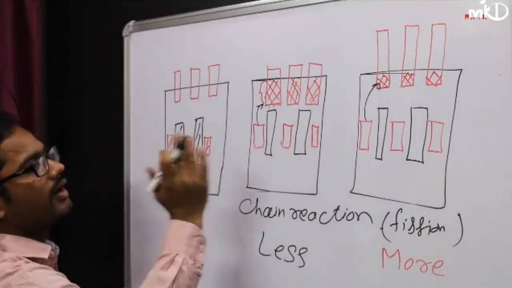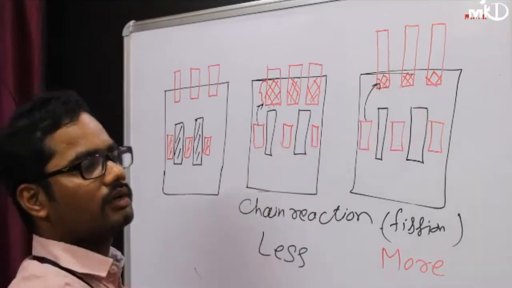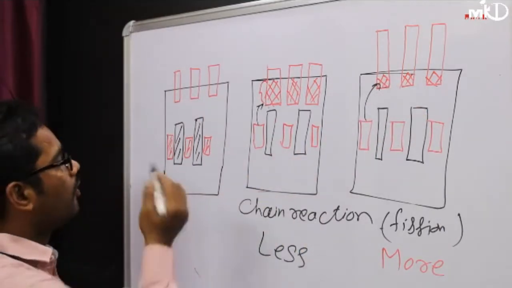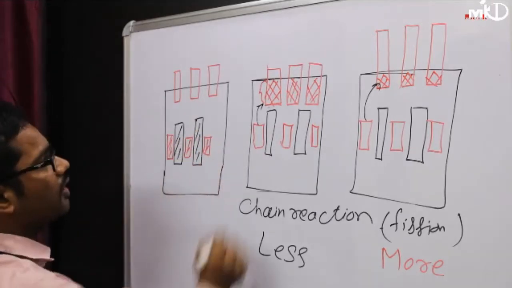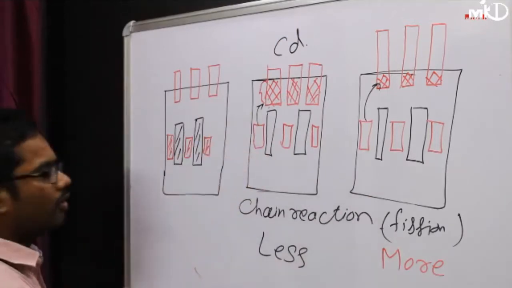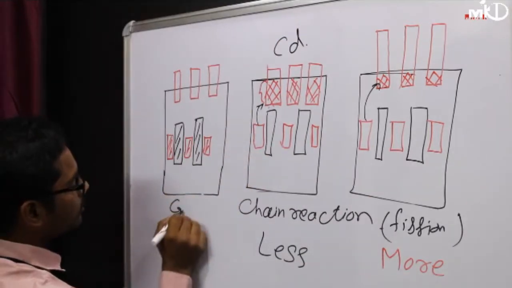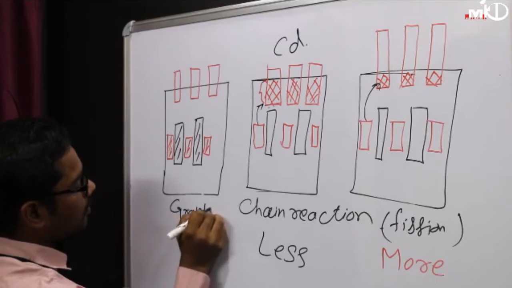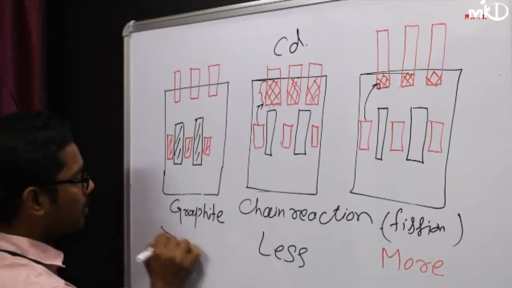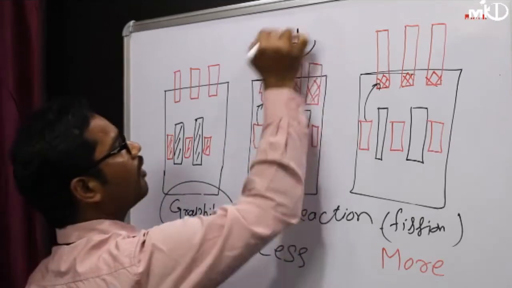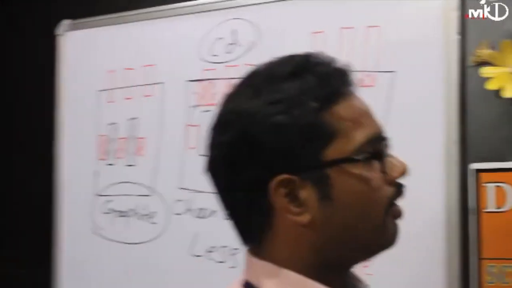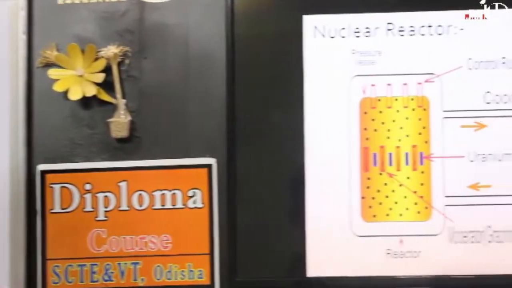So in this way you can control your nuclear reaction process, or your fission reaction. With graphite also present, this is your moderator, this is your cadmium for your control rod, and this is your graphite. So two controlling systems are there, by the help of graphite and by the help of the control rod. Okay. So these are all about the process, these are all about your systems.